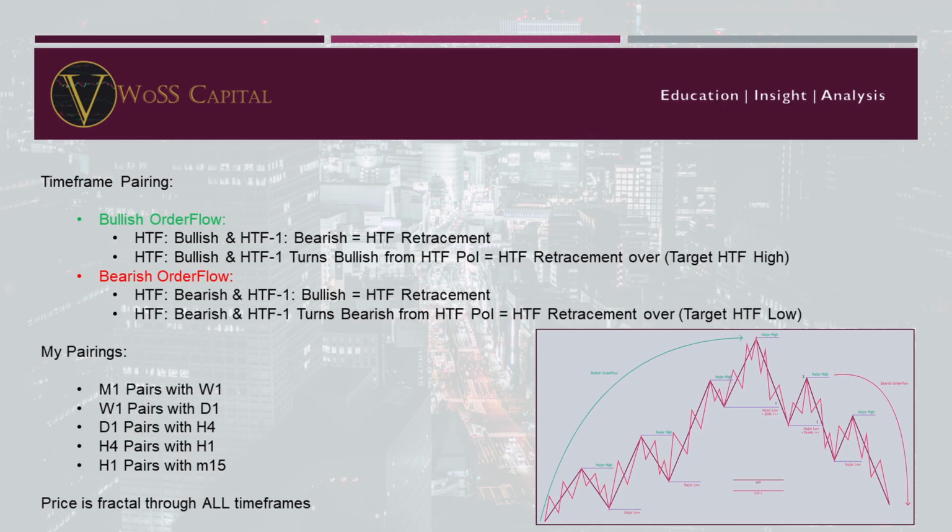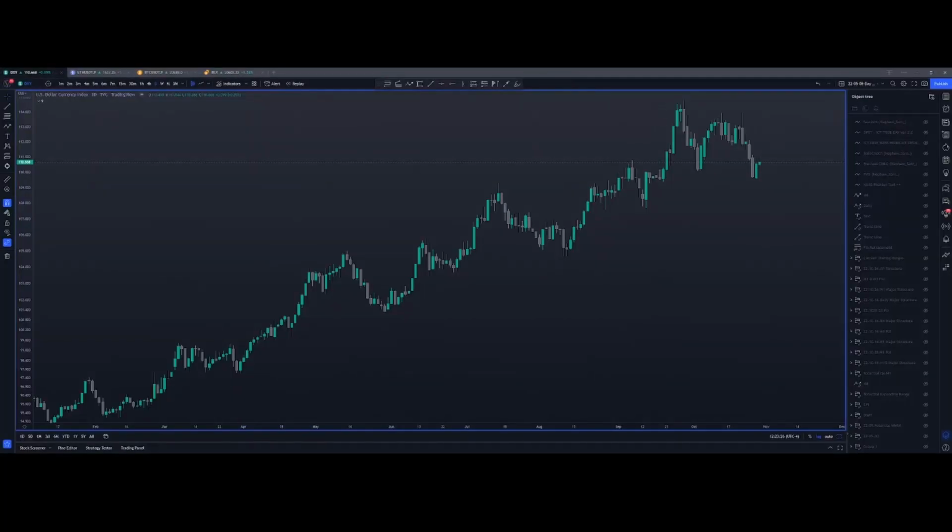Anyway, let's jump into some actual charts and have a look at multi-time frame structure and how we tie that all together. Looking at this in a chart then, to bring it to life a little bit. This is the Dixie Dollar Currency Index. It's a daily chart. The daily chart is generally the starting point for me in terms of top-down analysis,